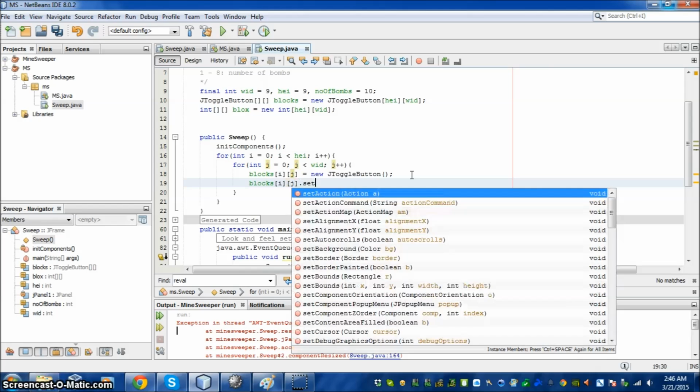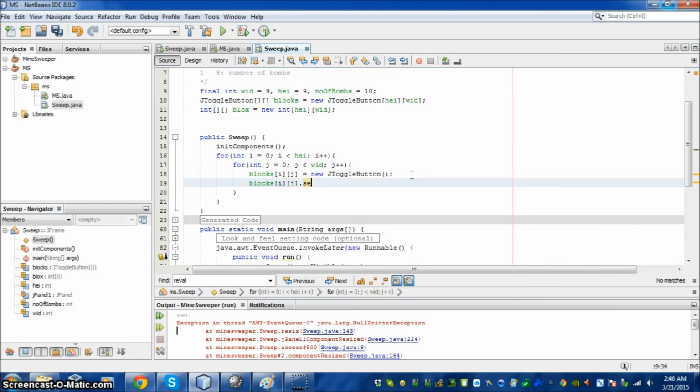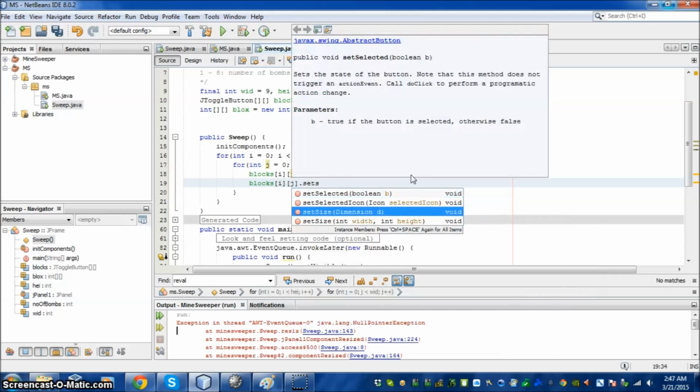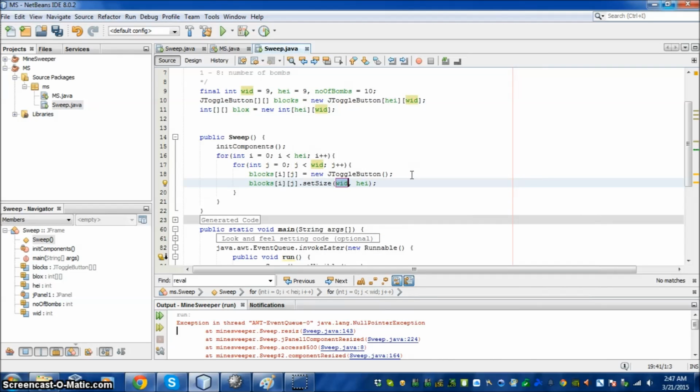It doesn't have set width, so we have to do everything in here. So setSize, and that size can have individual width and height. So set size, we're going to divide the JPanel into the width amount of,